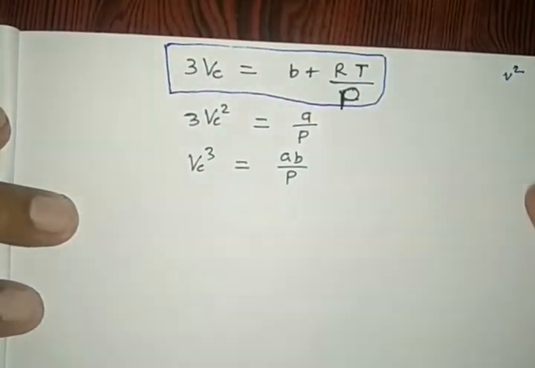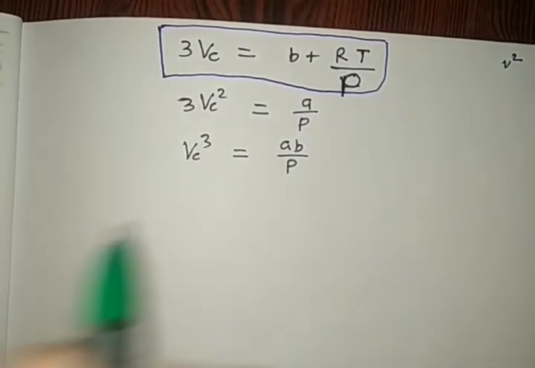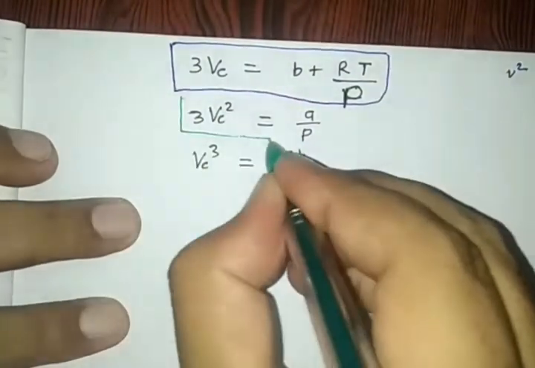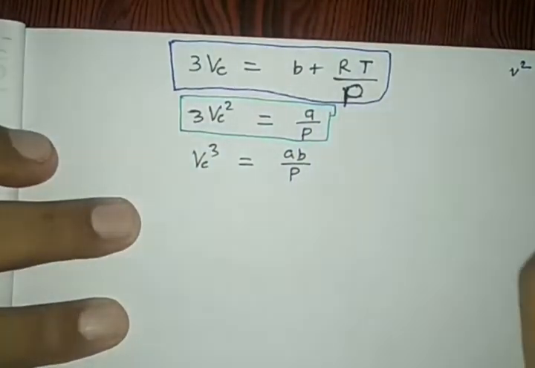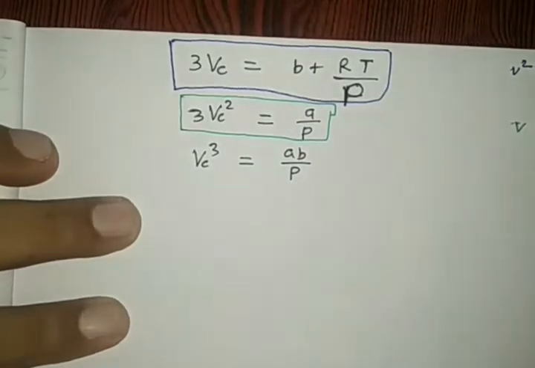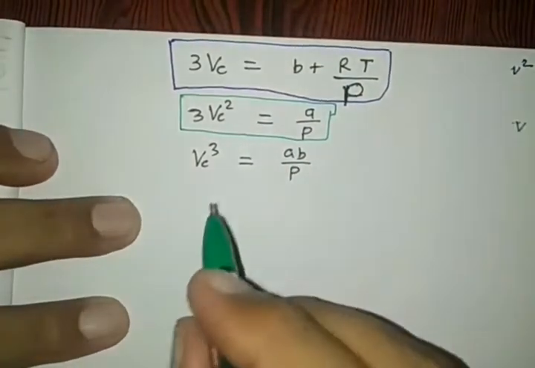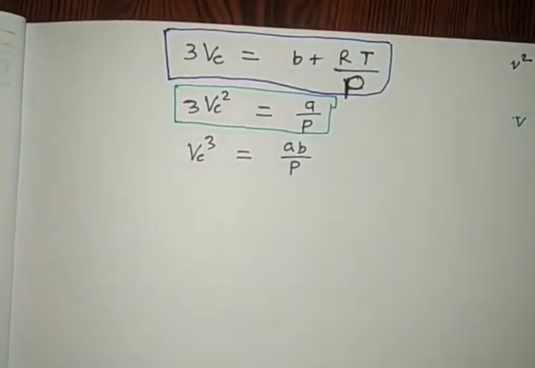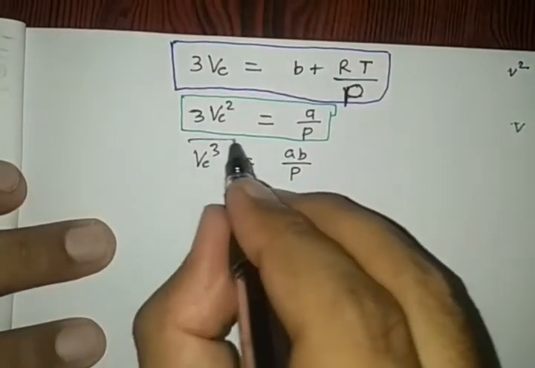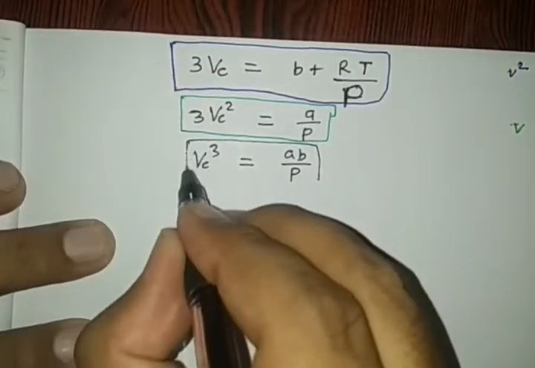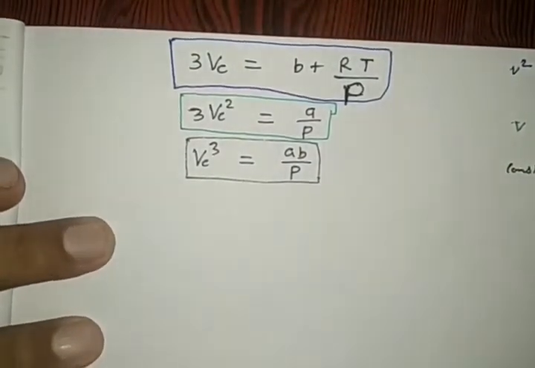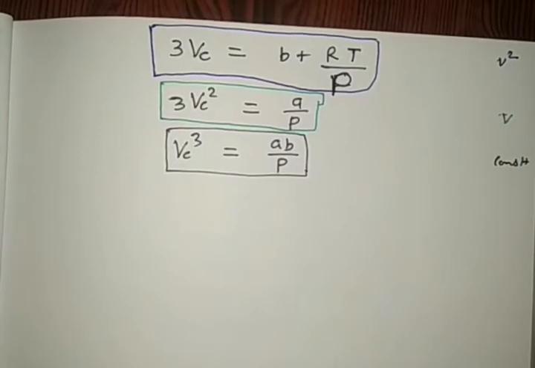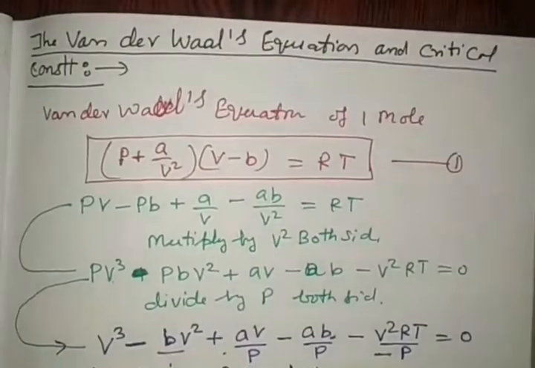This box you see, green box, is due to the comparison of V to the power 1, a by p, and see here in the black box, it is due to the comparison of the constant. I would like to bring a little change in it, but what change we will do, we will explain here